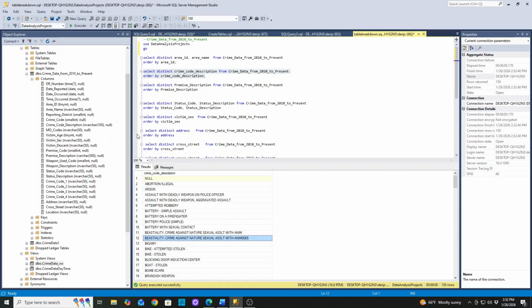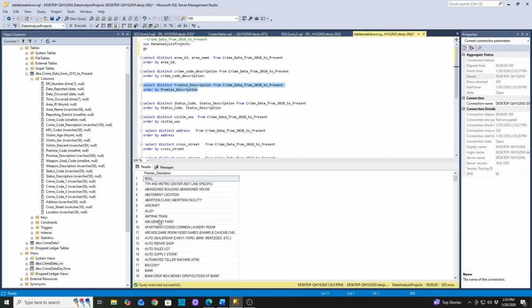And what I'm looking for, I see on the left hand side, these are all the columns of the table. And I'm looking for things that repeat over the rows. So obviously, the description of the crimes repeat a lot. And again, we want the names to be consistent for all of them. And I looked at all the other ones that are kind of similar, premise, description,